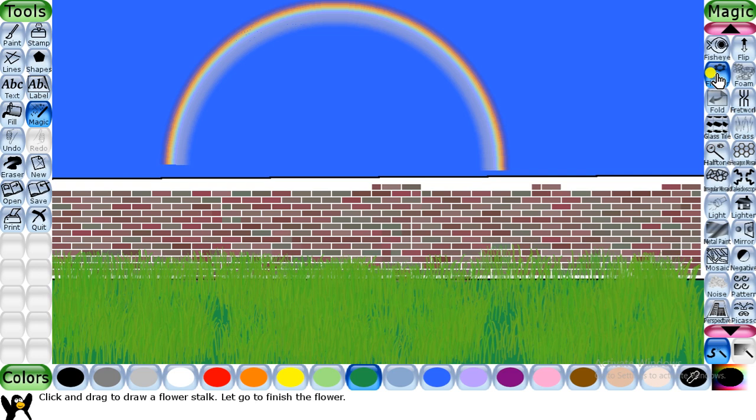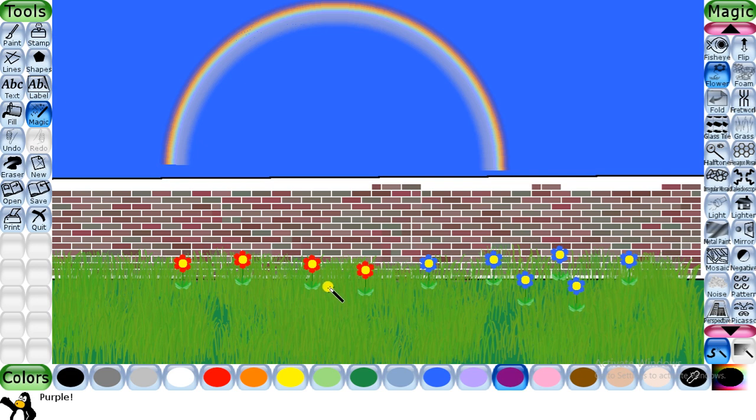Click on the flower effect, select any color from the color palette, bring the pointer onto the canvas, and click to draw the flower. You can choose any color in the color palette and draw a flower with the selected color. So this is how you can draw using the flower effect.